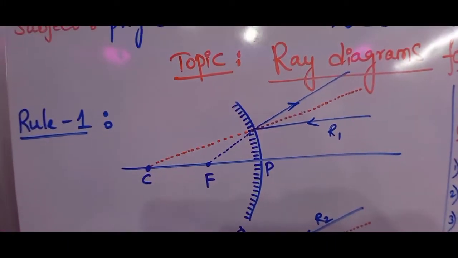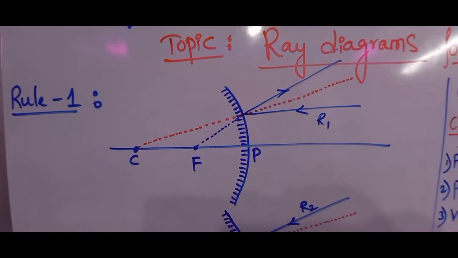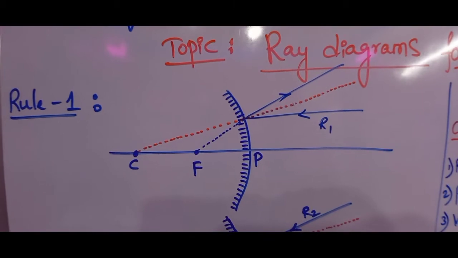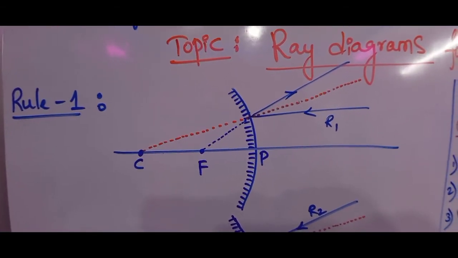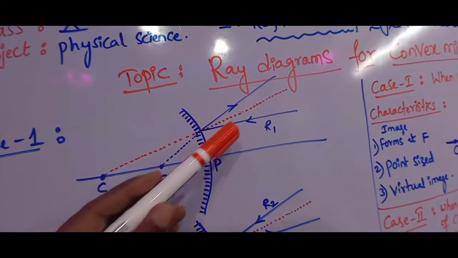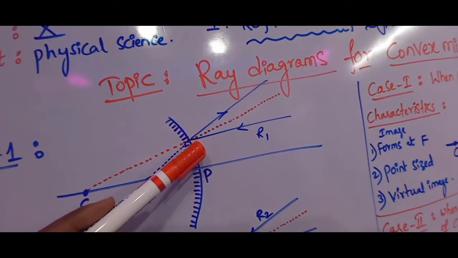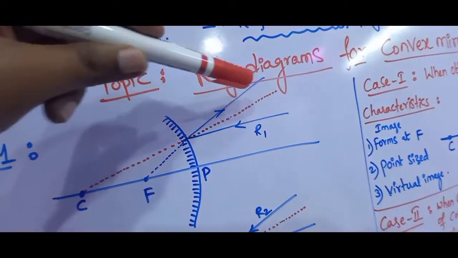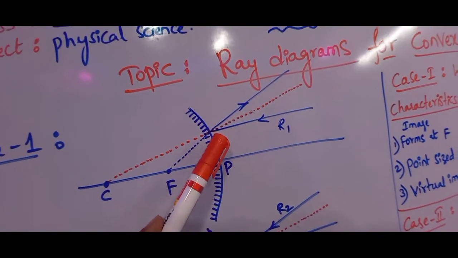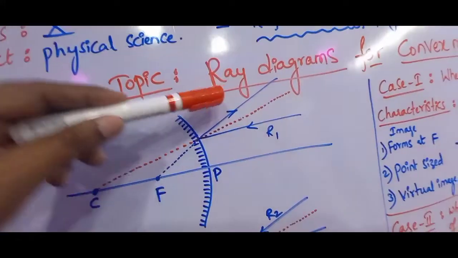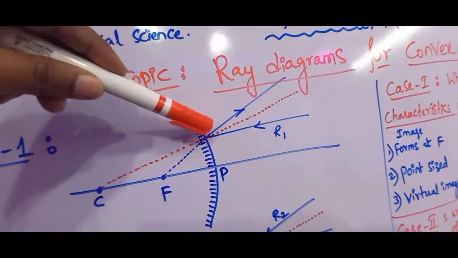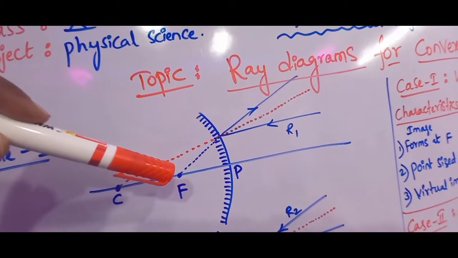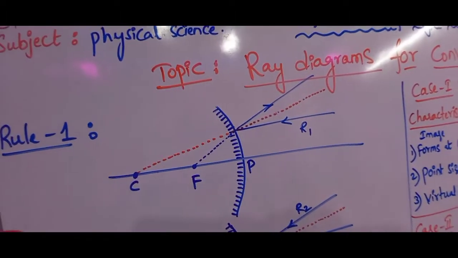You can observe clearly that I have represented with a red dotted line the normal between the incident ray and the reflected ray. Okay, I will show you. So this is the incident ray, and its reflected ray I have represented with a blue line. This R1 on meeting the surface of the convex mirror immediately reflects, and when this reflected ray is extended backwards, it appears as if it started from the focal point. Okay, so this is rule number 1.